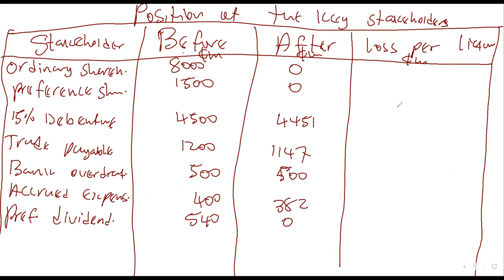Now let's get the loss per liquidation. The loss per liquidation is your position before minus the position after. How much are you losing? Virtually, they're losing the entire 1,005, 4,500 minus